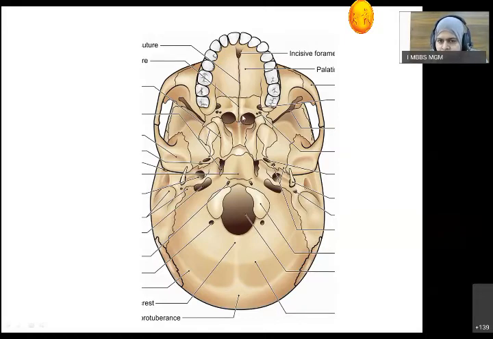And this arched area is the palatine crest, which gives attachment to the palatine aponeurosis. The soft palate is attached to the hard palate on the posterior border. So this arched area will give attachment to the palatine aponeurosis, which will give attachment to most of the muscles of the soft palate. This posterior nasal spine gives attachment to the musculus uvulae. Okay. Then this is on the posterior aspect.